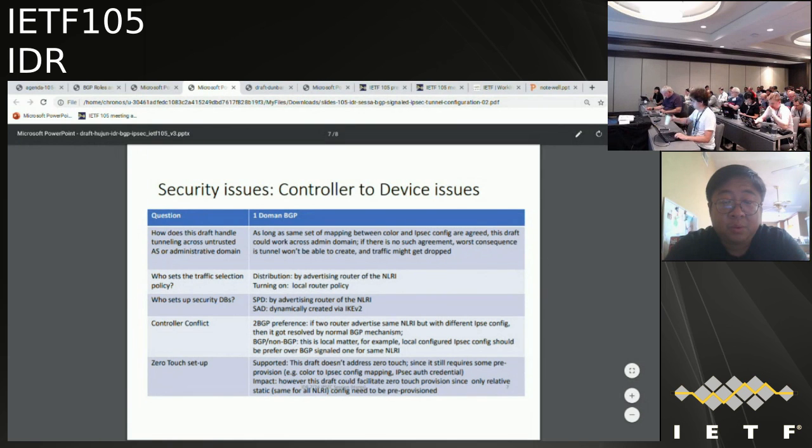So my draft is really focused on the single administrator domain. But if you want to have it work across administrator domains, the only thing you need to make sure is that the mapping between the color and the IPsec configuration are agreed. And also, I didn't put it here, but it's also important to have a common set of authentication framework and